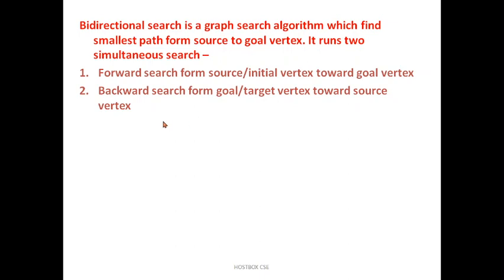I can say it in simple words also. Here we are going to do the searching two ways, two simultaneous searches happening here. That means from the initial state to some intermediate node, and from the goal node to some intermediate node. In between there is some point that we have to connect. Remember the important point: the search operation will terminate or stop when the two graphs intersect.